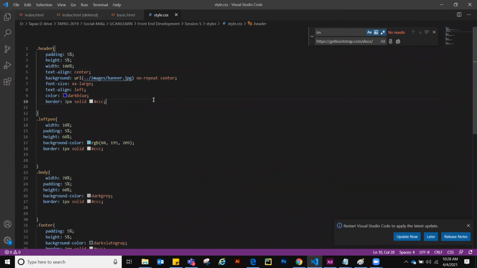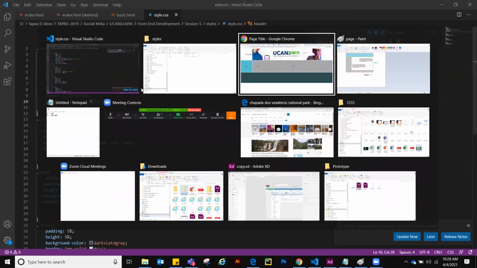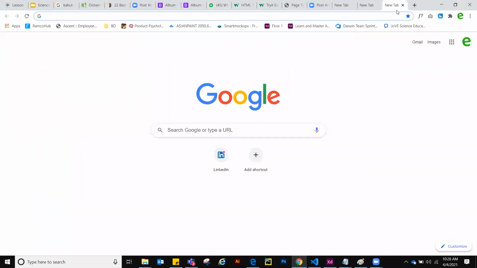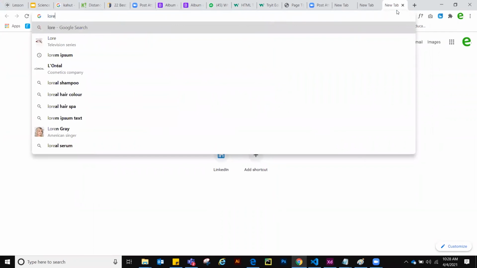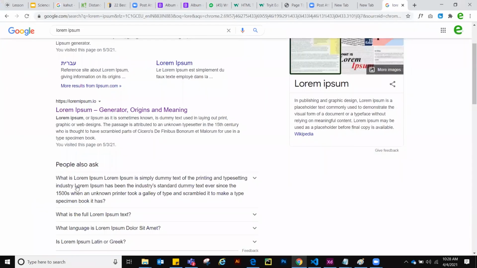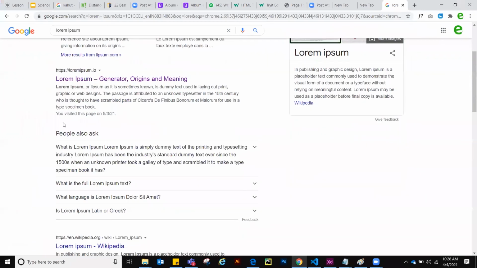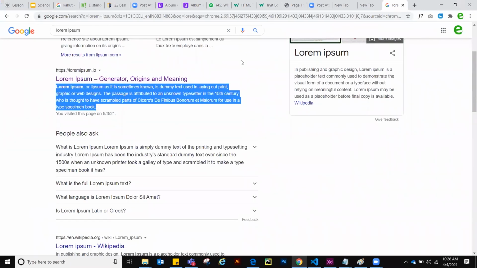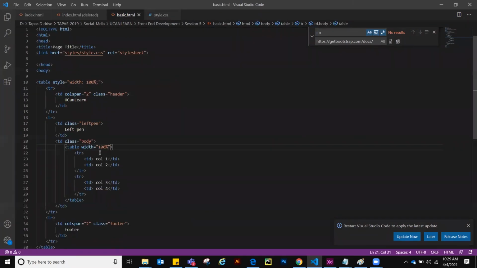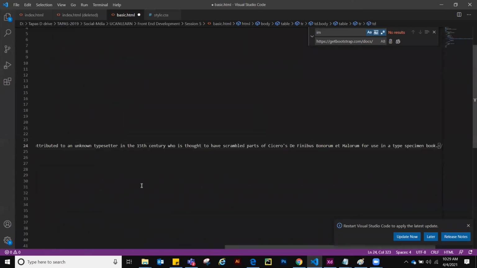So this is how we can create a simple page like this. Now you go to Lorem Ipsum. Lorem Ipsum is a dummy text generator. Suppose you need free text like this, so you can copy it. There is no meaning to this text, but it gives us a basic idea of text, and you can paste this.